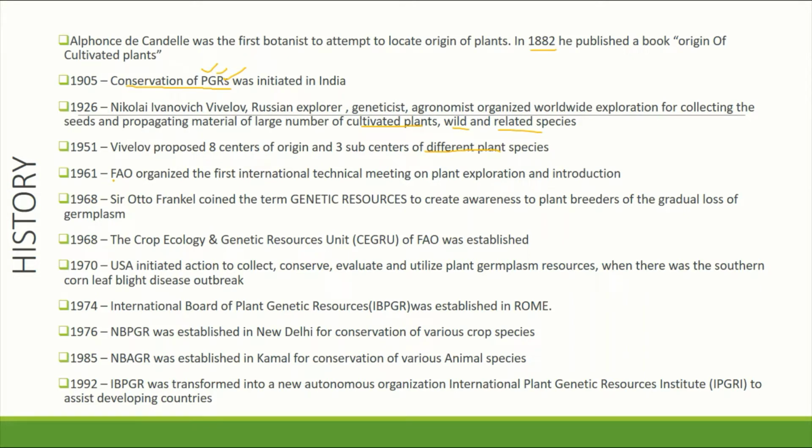In 1961, FAO organized the first international technical meeting on plant exploration and introductions. You can see most of the history began with plants before we could advance to animals. In 1968, Sir Otto coined the term genetic resources as we use it today to create awareness to plant breeders of the gradual loss of germplasm. Then in 1968 also, we had the Crop Ecology and Genetic Resource Unit of FAO being established after their meeting in 1961. In the 1970s, USA initiated action to collect, conserve, evaluate, and utilize plant germplasm resources